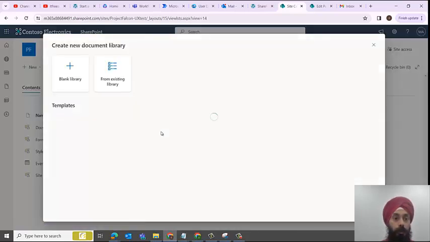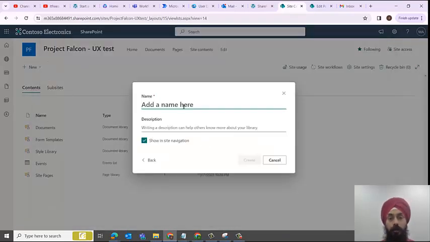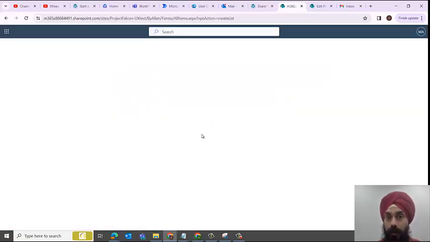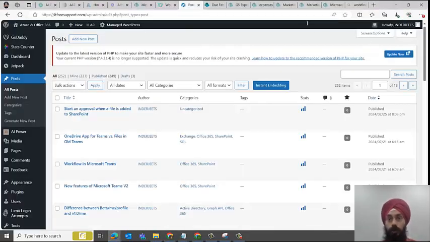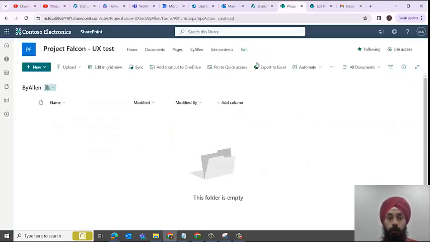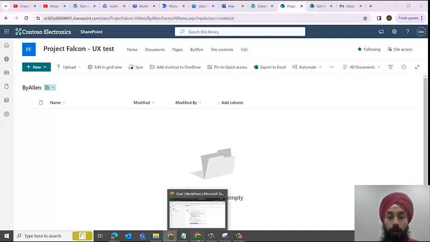And I would say this document library as a blank, say by Alan. Now, if I go ahead and create this flow, because Alan does not actually have rights to create flows or do these things. So Alan does not have rights to perform these actions. So I now go ahead and